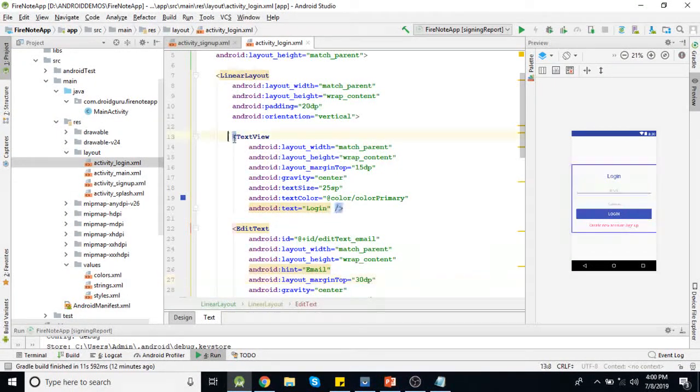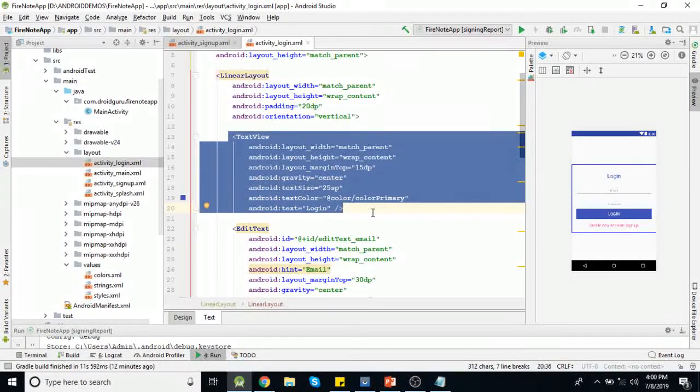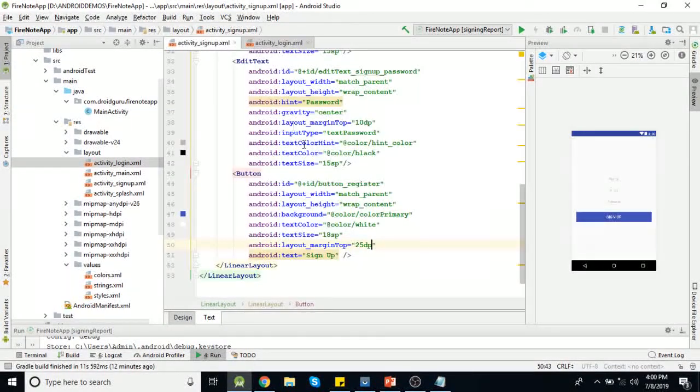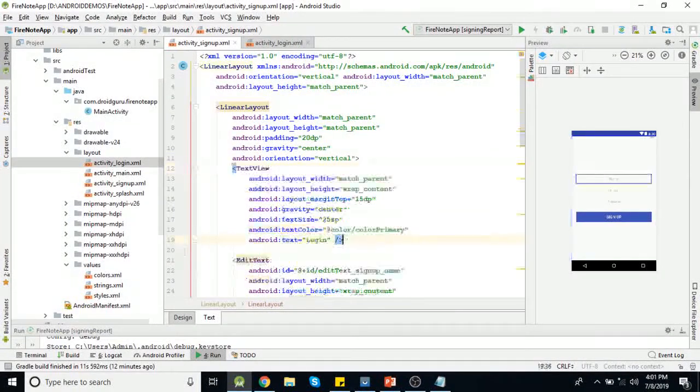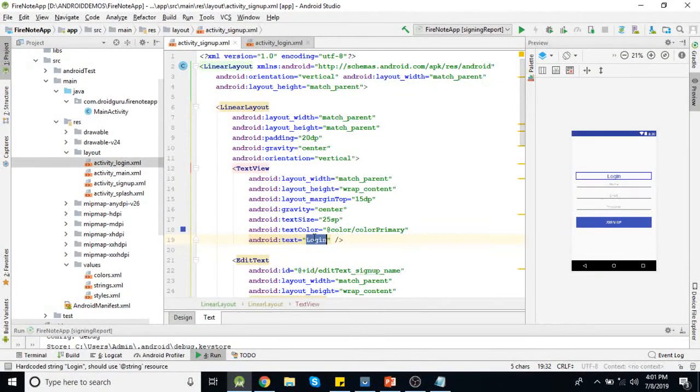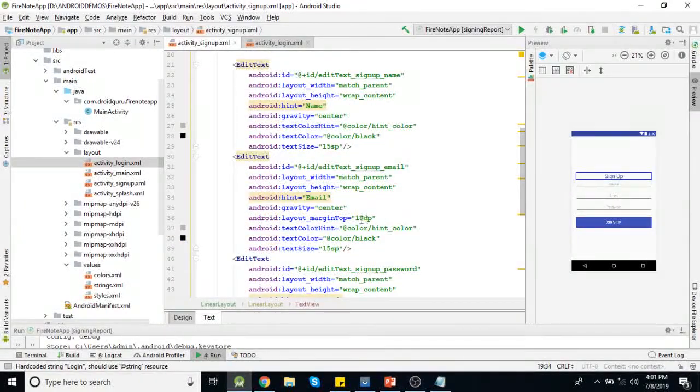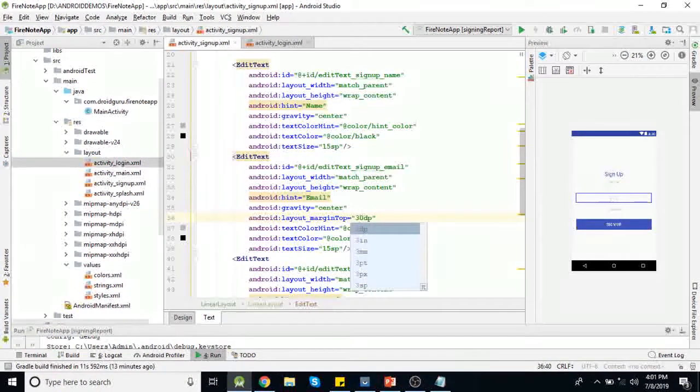Similarly, we'll add for the sign up screen. So this title will be Sign up, and let's add some top margin. Let's increase it like 30. No, not this one.